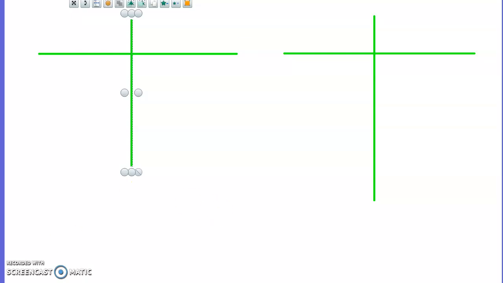Hey guys, what we're going to be looking at today is elapsed time. So what we're going to do is create a T-chart. Have you shown T-charts before? I feel like it's called a T-chart because it looks like a T. And what we're going to do is look at the bottom